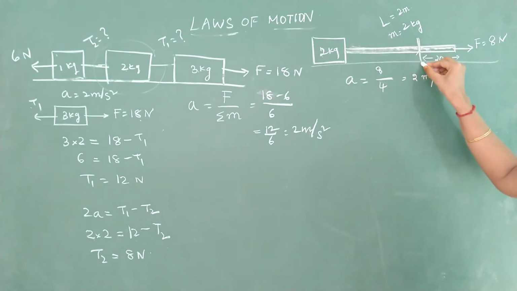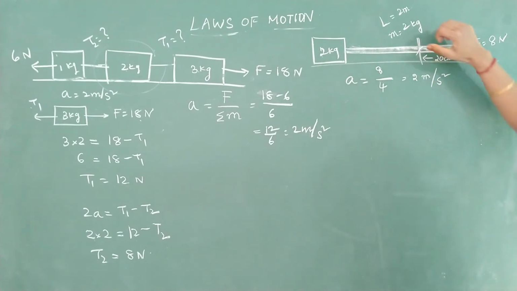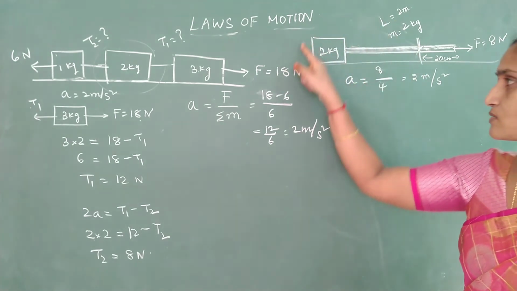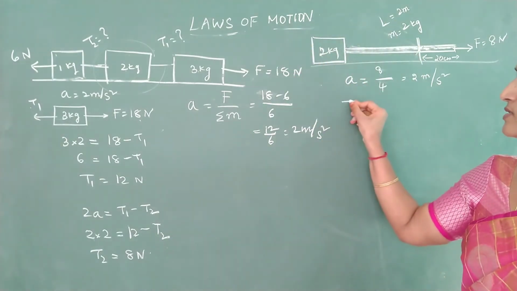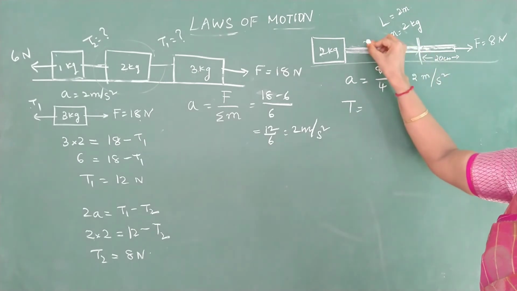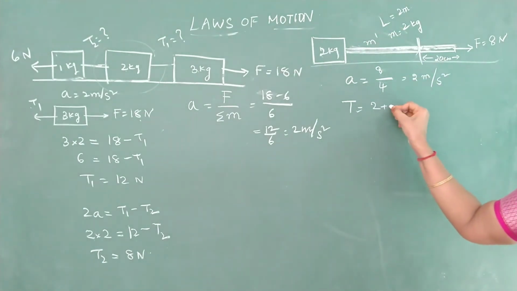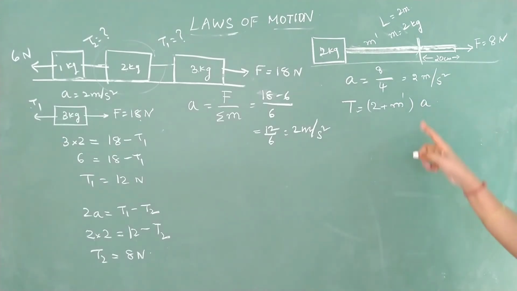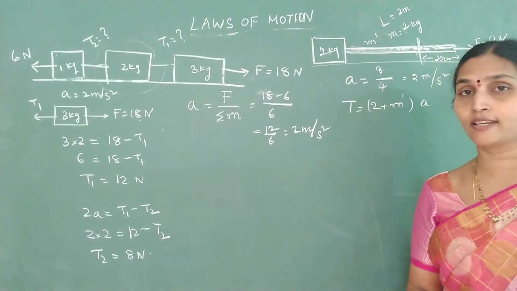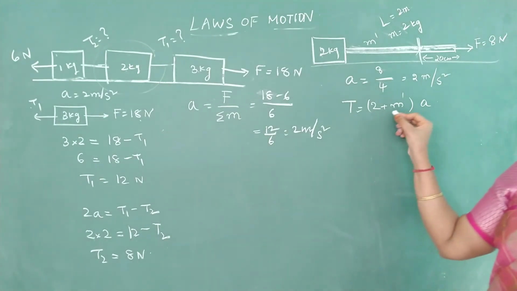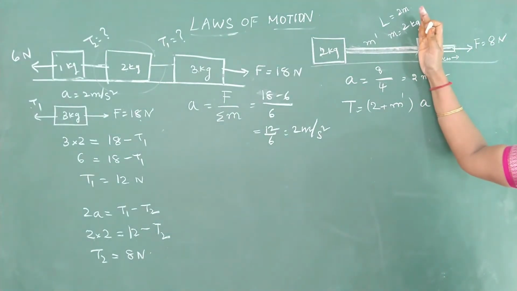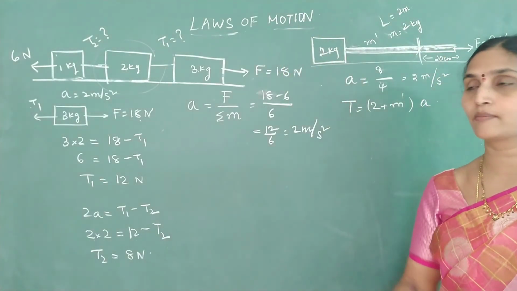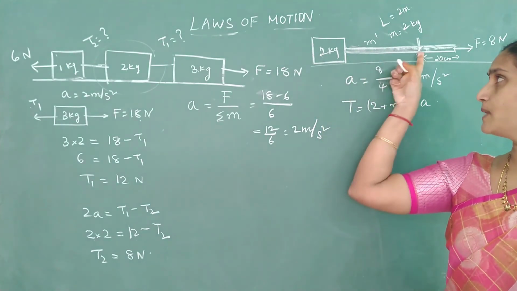Since I want tension here, just now I told you, hold the string and pull it. Tension depends on the remaining mass which is attached. So what is the tension in this string? If I take the mass till here as m dash, it is 2 plus m dash into a. Either this, or you can use the free body diagram and then find out the answer. But I have used a shortcut method. If I want the tension here, I need the total remaining mass on the left side. How much is the mass remaining on the left side? This is 2 kg plus this mass.